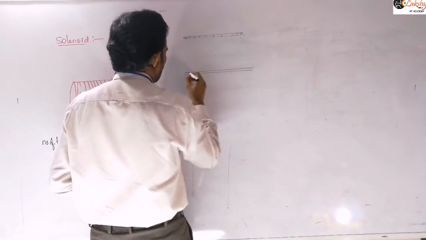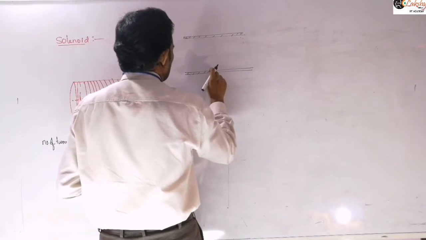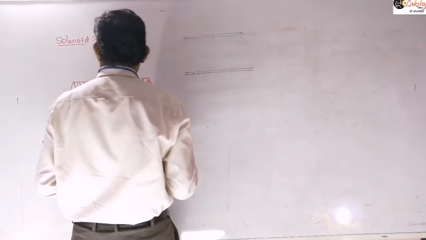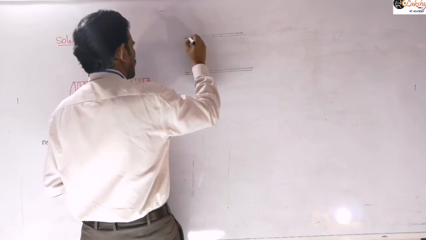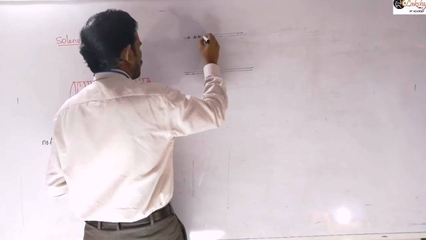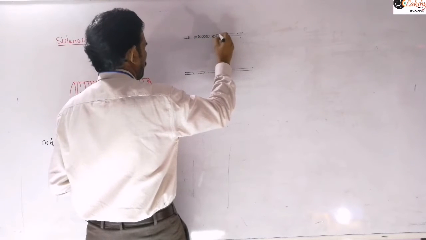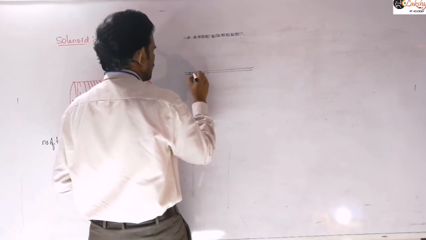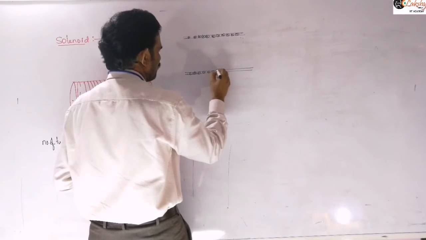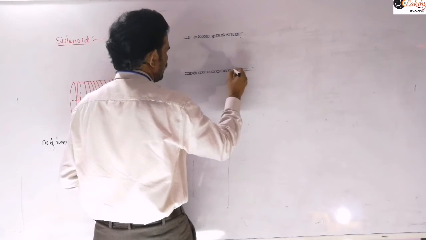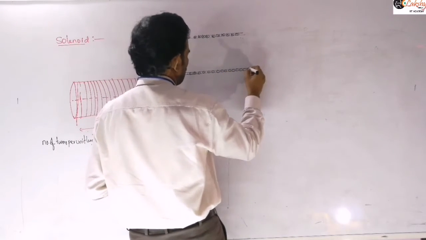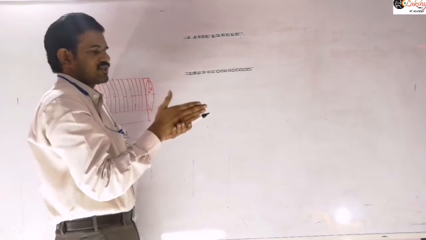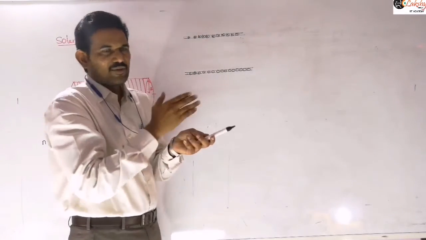So this is a cross section view of this solenoid here. It is better to represent the current as flowing like this. Here you may consider that it is flowing into the plane. The cross section view means if you cut this solenoid along its diameter, then you will get it like this. That means current is flowing out here and current is entering here. So if this is the cylinder, we are cutting this half along this diametric plane here.